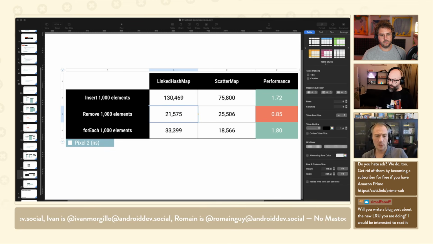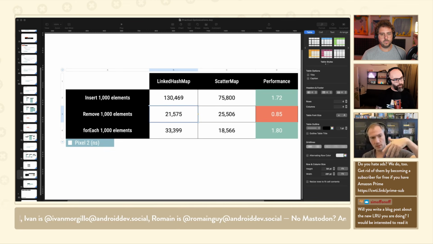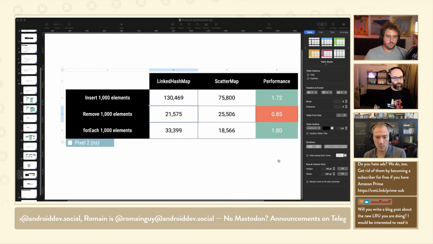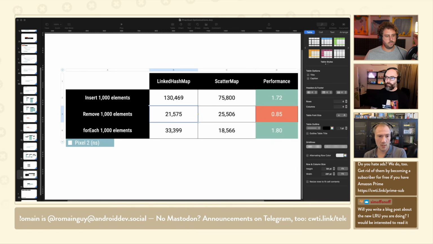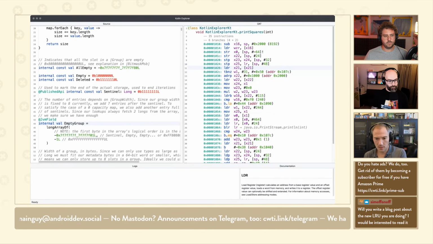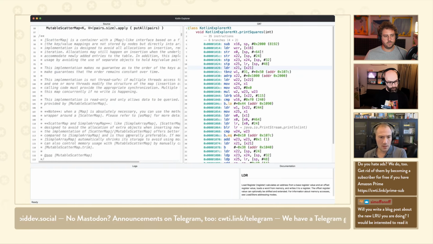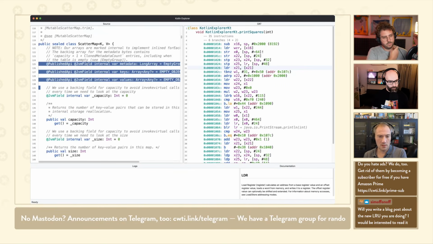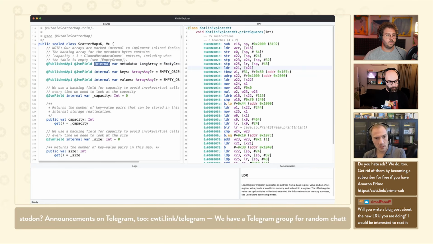And on top of that, there are some things like the for each, for instance. We saw the for each is fully inline. We play tricks that are a bit dirty. That's where we try to be pragmatic in Compose as much as possible. We're very careful about compatibility and APIs, but sometimes we may make sacrifices. Let's see. Are we going to see my? Yeah. Okay. If you look at the implementation of scatter map, yeah, so all those arrays that I mentioned, they're internal, they're not private, and they're published API.